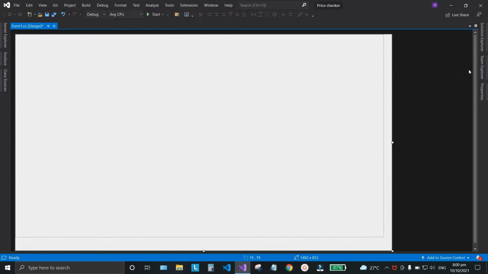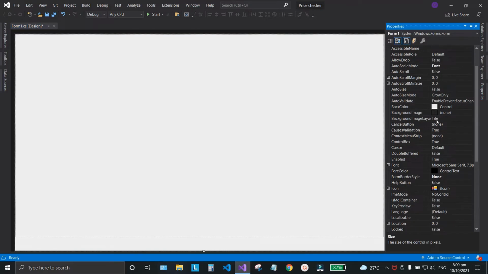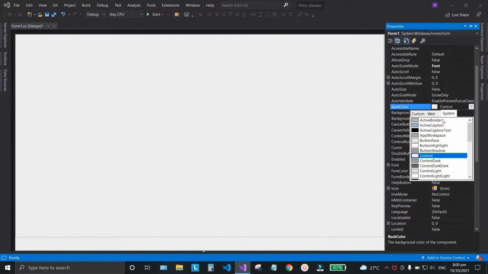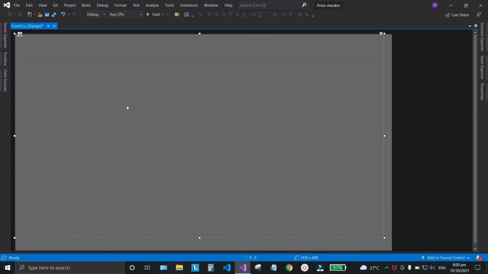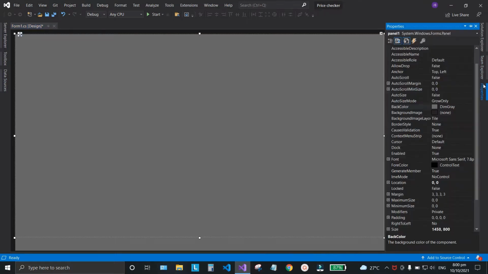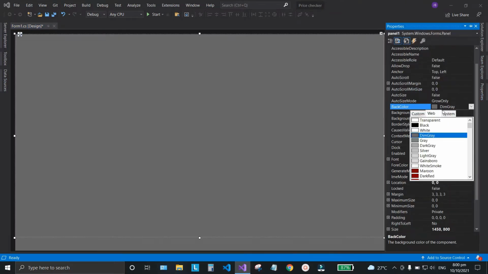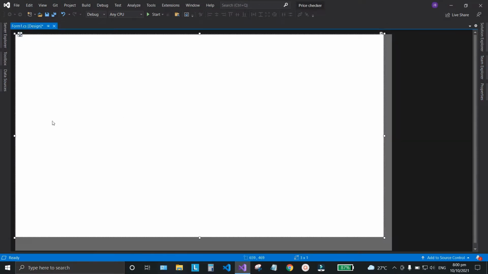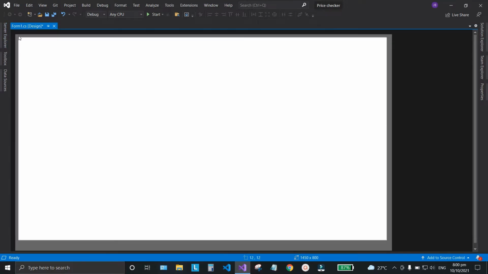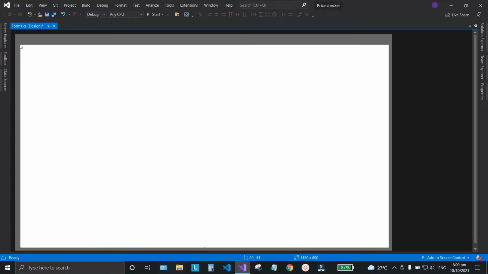So click the form, properties, go to the back color, and then go to the web, select dim gray, and then select the panel also, change the back color into white. So there, and then we're just going to align this one to the middle, align it to the middle,